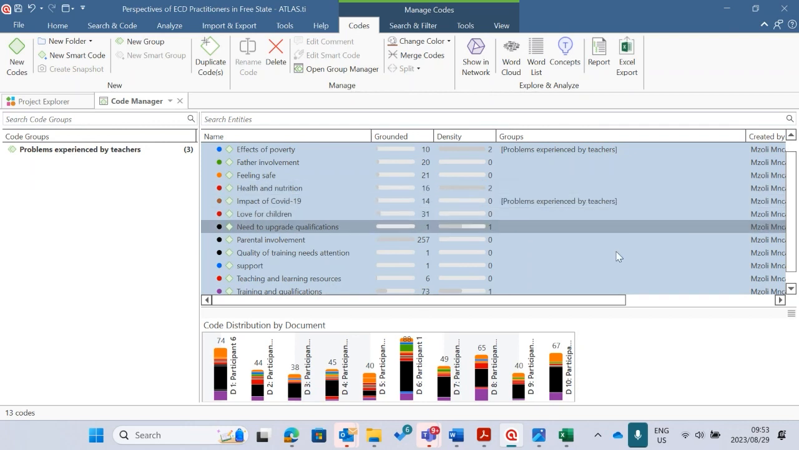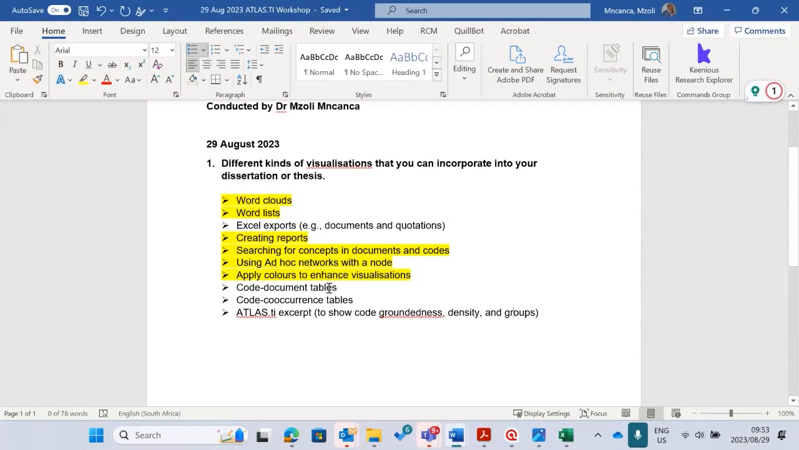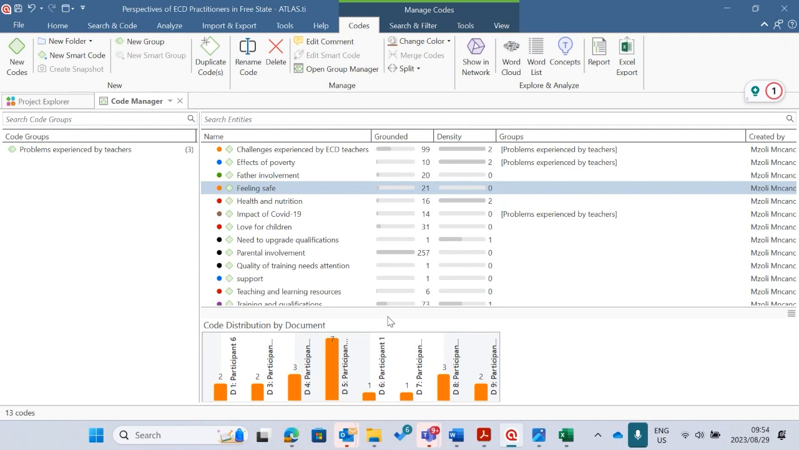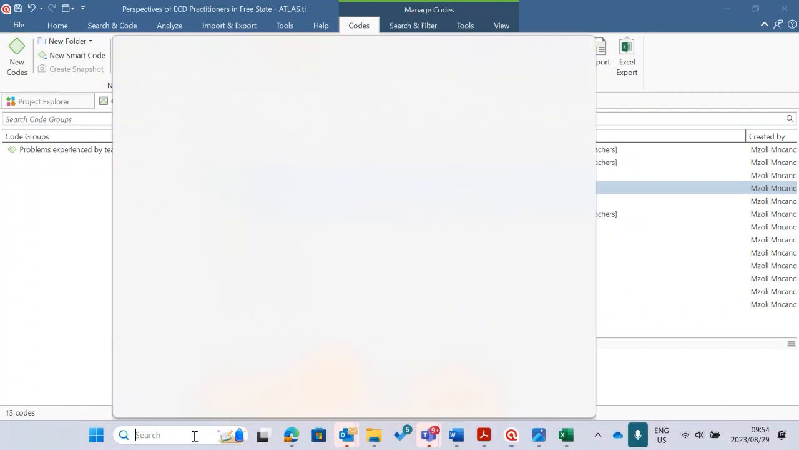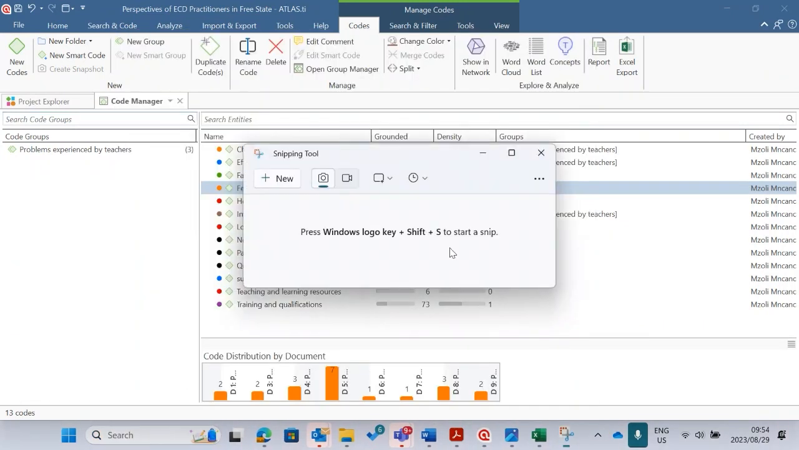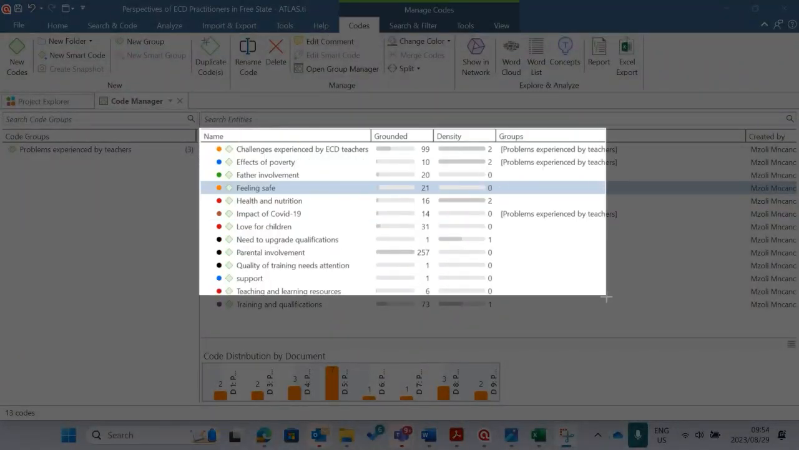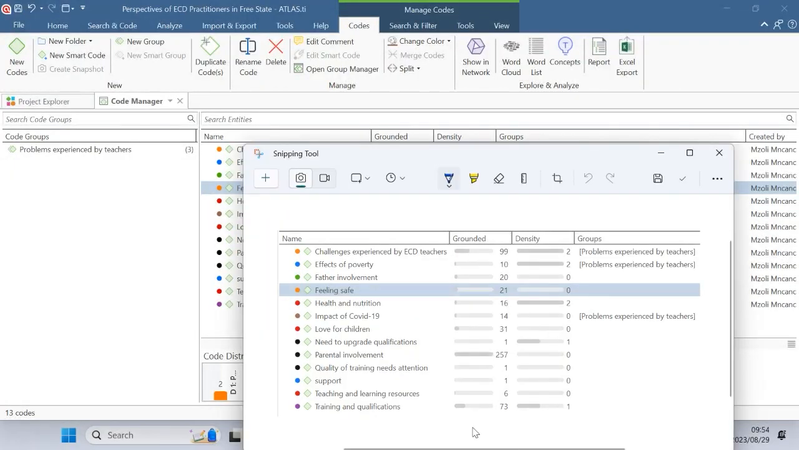Okay, we've done that. I've shown you how to put that on Excel. I've already done that Atlas except showing code groundedness, density, and all of that. So it's this one. So if you want, you can snip it like this, like I showed you before. Maybe you don't want to use it as an Excel export, so you can just snip it like this. And then you can copy this, and